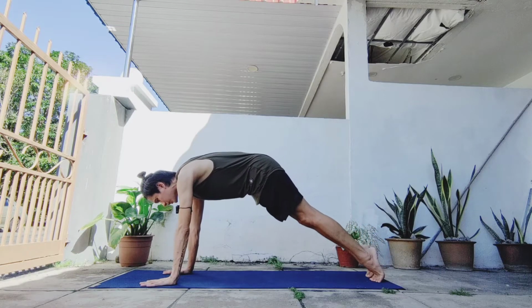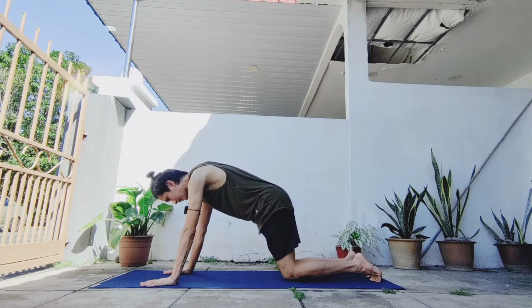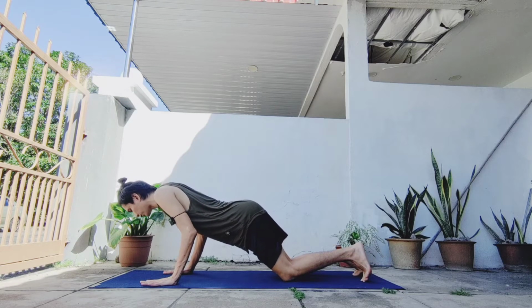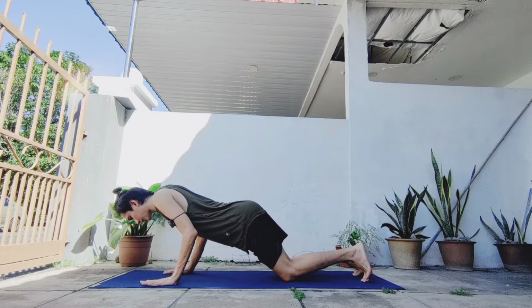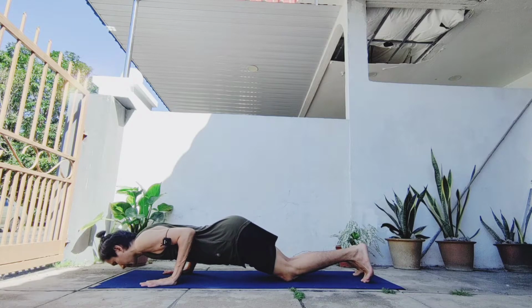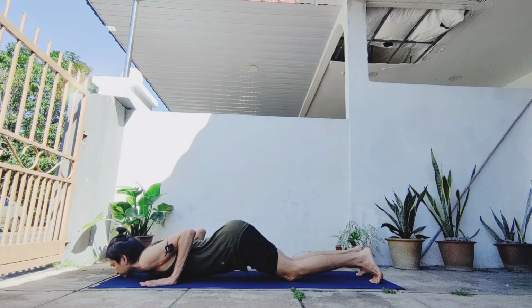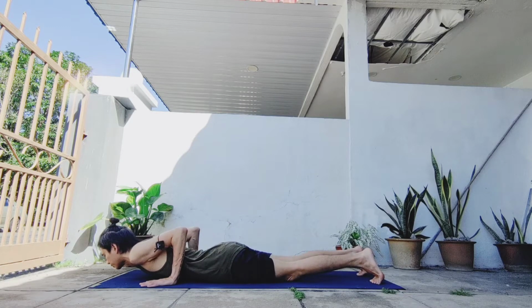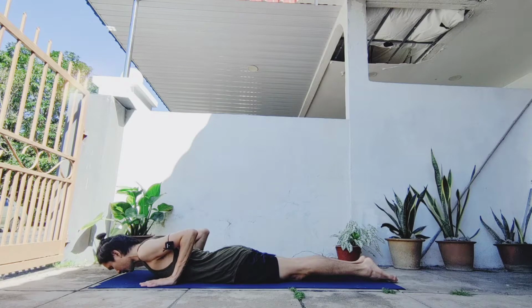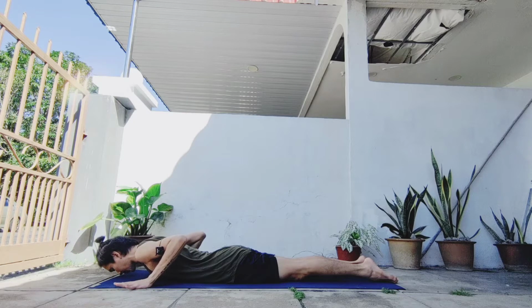And slowly, gently bring the knees down, body forward, chest and your chin close to the floor, elbows touching or squeeze to each other. If you can, lower down all the way. Then down all the way, bring your hips down. Fully flex to the floor. Keep your palms next to your chest if you can. For those who can't, bring your palms forward slightly, close to your face, but keep the elbows close to your